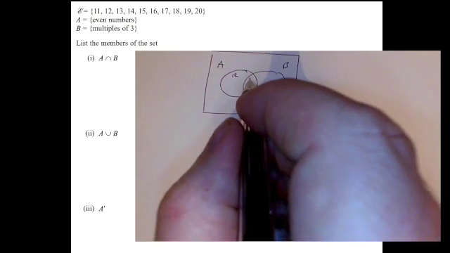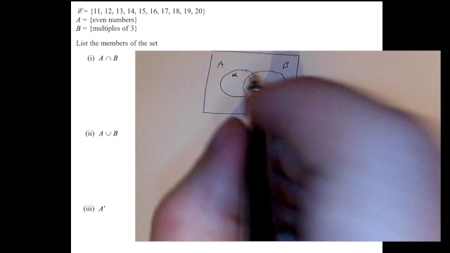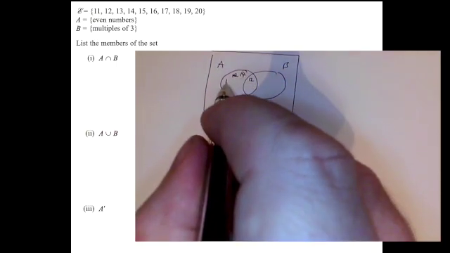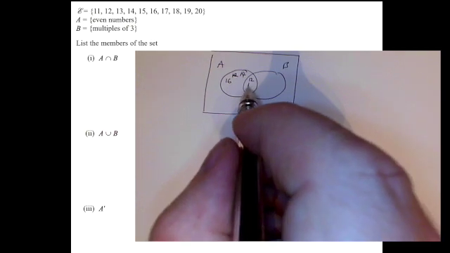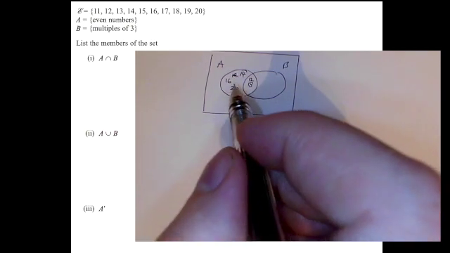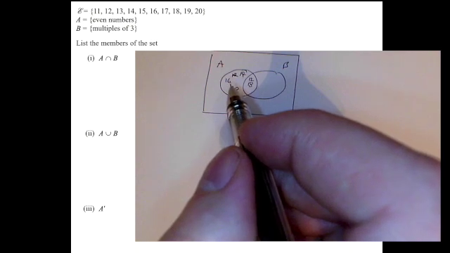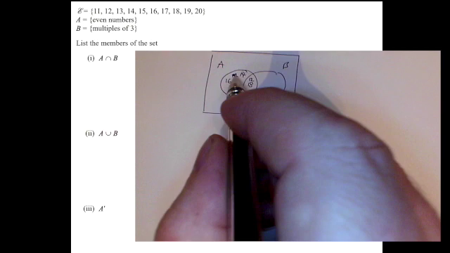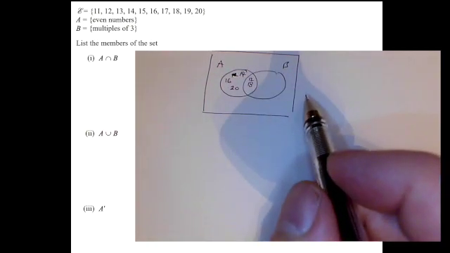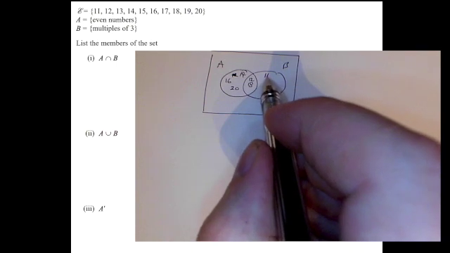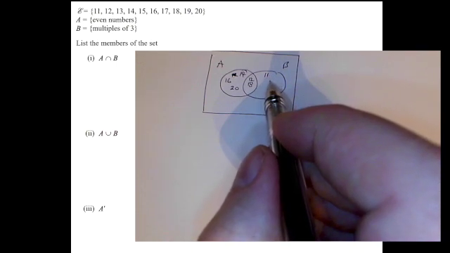Okay, so you can see that 12 is an even number, but it's also a multiple of 3, so 12 has to go into that intersection in the middle, as does 18. The other even numbers, which are 14, 16 and 20, will stay in A, and any prime number is neither an even number or a multiple of 3, will go on the outside, and the multiples of 3,